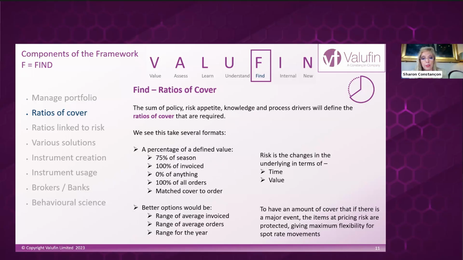Now we have this issue of ratios of cover. I've seen everything. I don't think there's a story I can laugh at or be concerned about, or actually think I didn't know there was anyone I hadn't come across. But I've just listed for you here the extremes of what we tend to see. For example, some companies will say we are 100% covered, therefore we have no risk, therefore we've got nothing to manage. Other companies will say we don't cover anything, therefore we have no risk, therefore we have nothing to manage. But actually, those are the two most high-risk ends of the spectrum.